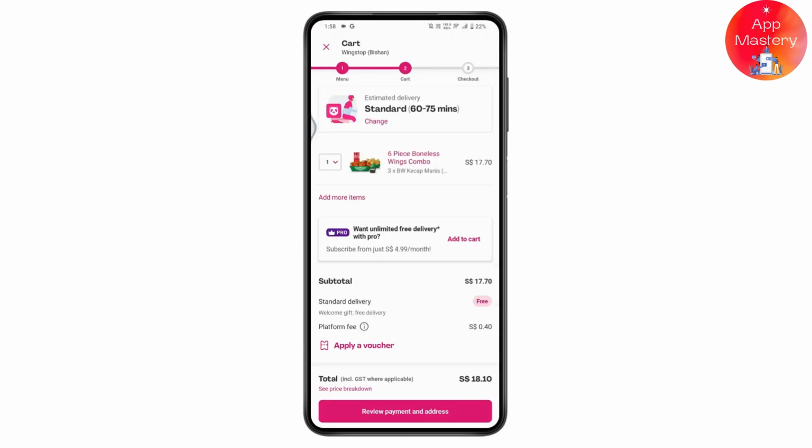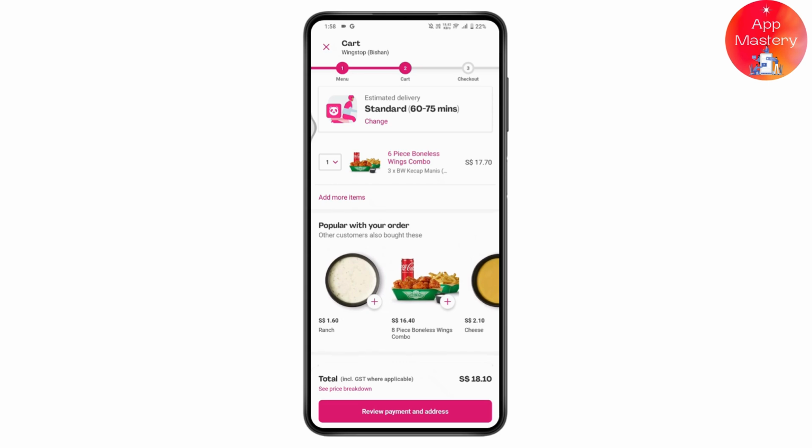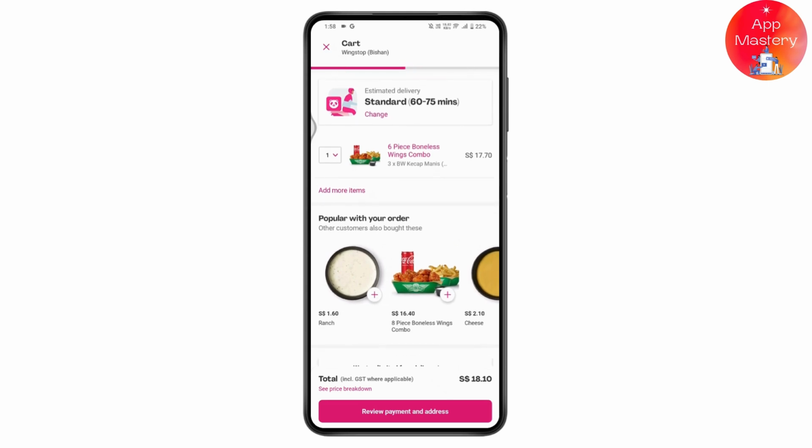And once you're here on the cart, you just need to go for review payment and address, and you may have ordered that, right? You may have tapped on place order, which will be on the bottom of your screen. So if you tap on the place order and if your order has been placed, then to cancel the order